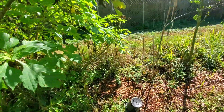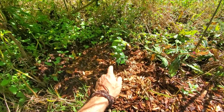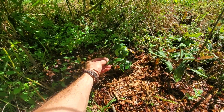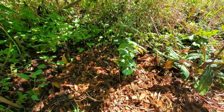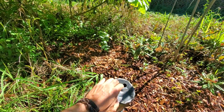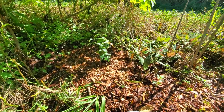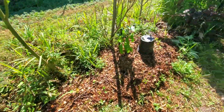So, what am I doing here on President's Day? Well, I am planting. For instance, this is a black Suriname cherry. Went ahead and labeled it, put it in a pot, or came from a pot, and went ahead and planted it out today. And along with